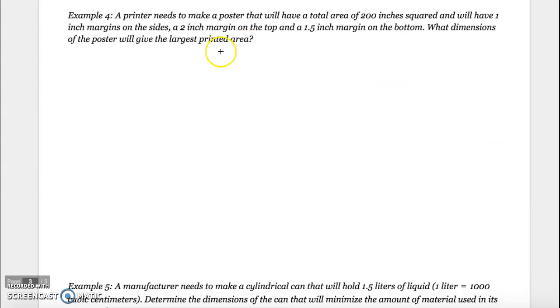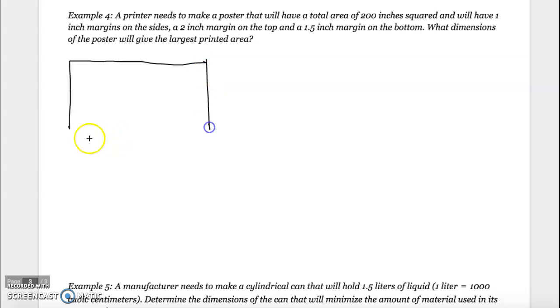So a printer needs to make a poster that will have a total area of 200 inches squared and will have 1-inch margins on the sides, a 2-inch margin on the top, and a 1.5-inch margin on the bottom. What dimensions of the poster will give the largest printed area? So let's go ahead. We'll draw our